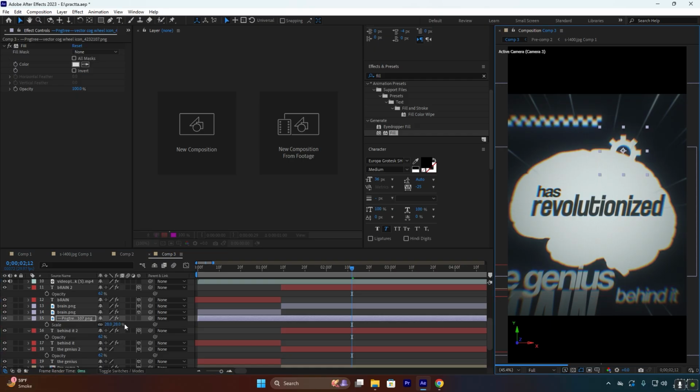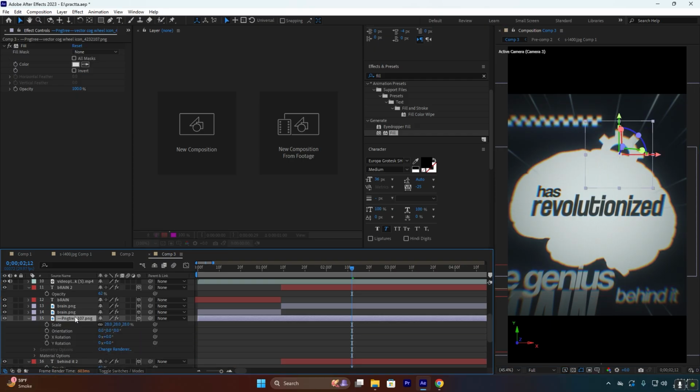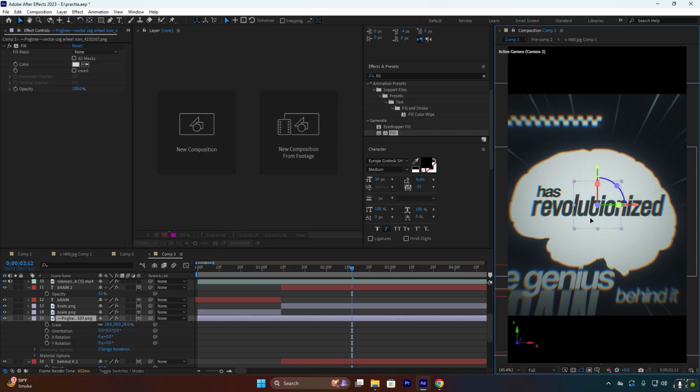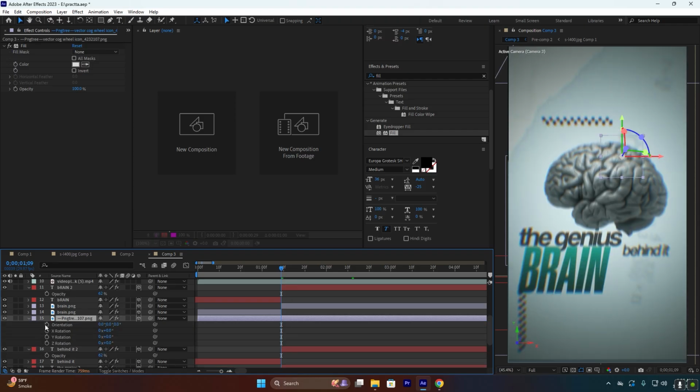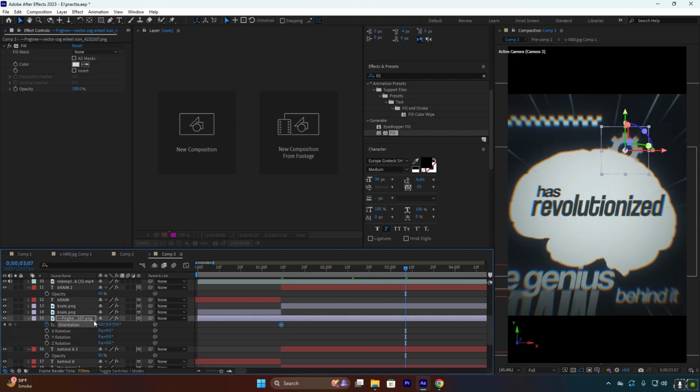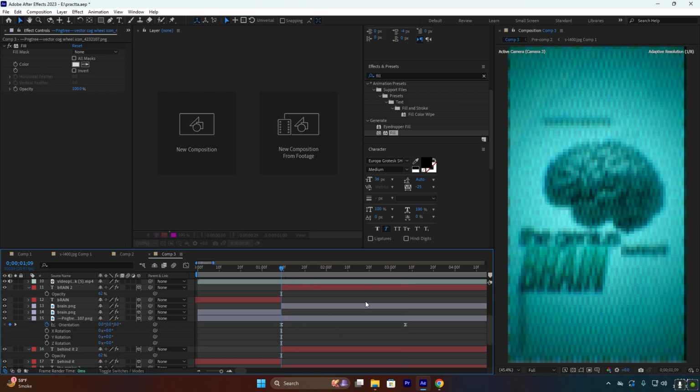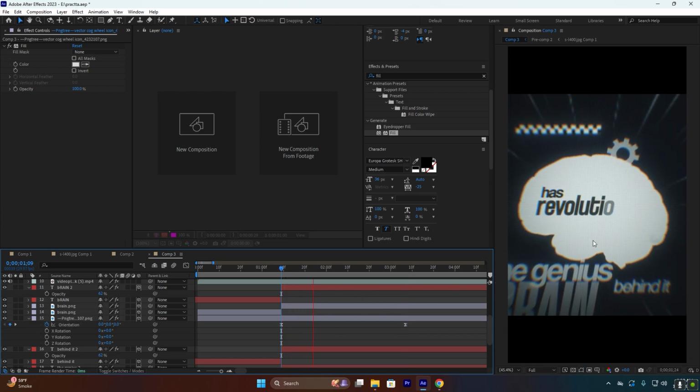Okay, make this 3D. Press Control Home and again place it over here. And now we will add a rotation. Press this keyframe and at this point change its Z rotation like this. Press F9 and let's see how it looks. So you can see this,